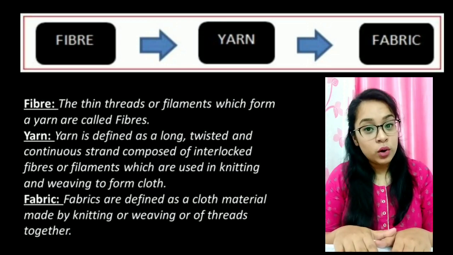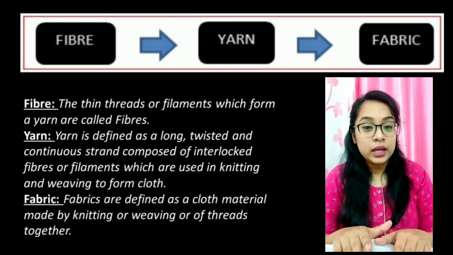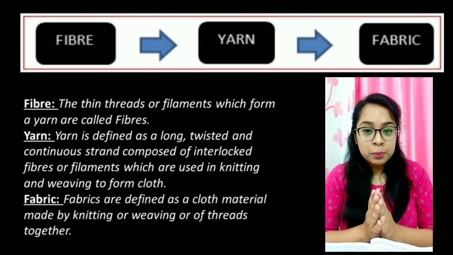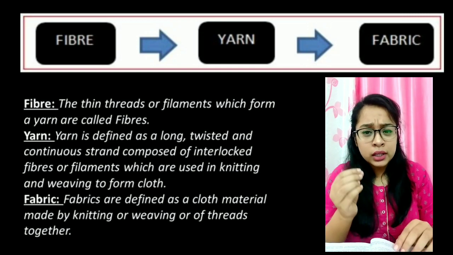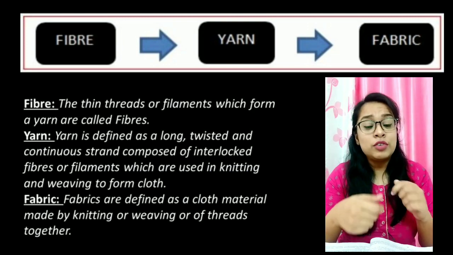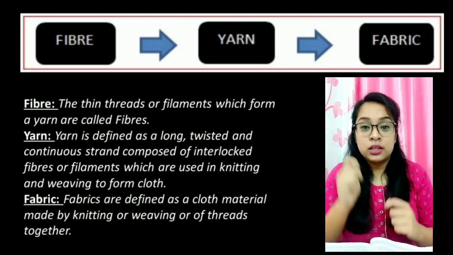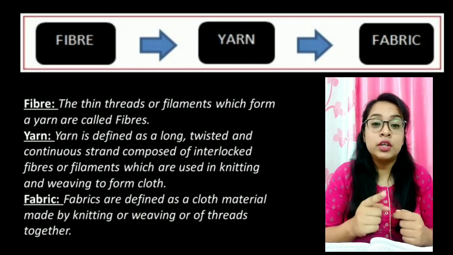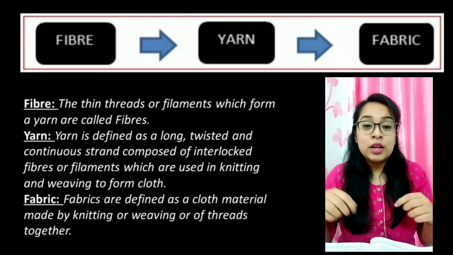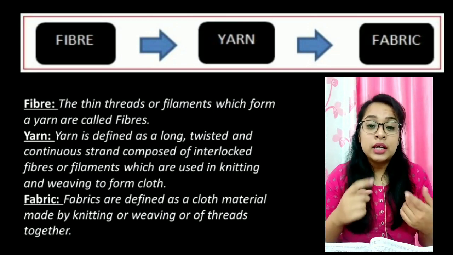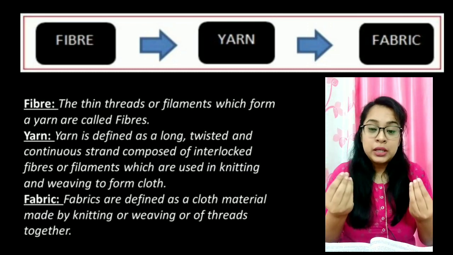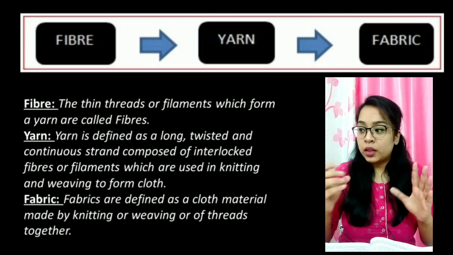Let's recapitulate a bit. In class 6, we have already read about fibers, fabric, and yarn. So, what are fibers? They are thin thread-like things that we get from plants or animals, and if we twist the fibers we get yarn. Yarns are the threads from which fabrics are made. Now what are fabrics? When we weave the yarn together in an interlocking fashion, we get the fabric. Fabric is the piece of cloth from which you make your dresses.